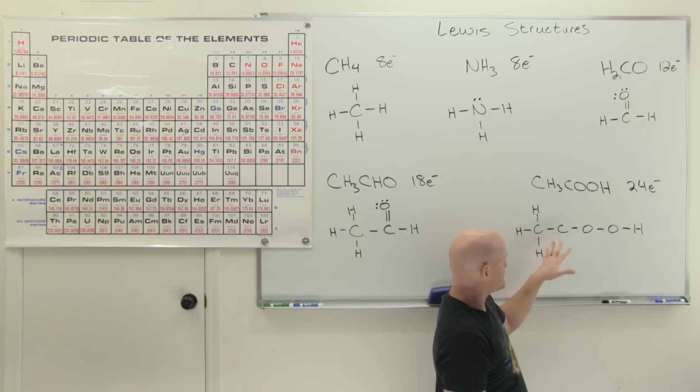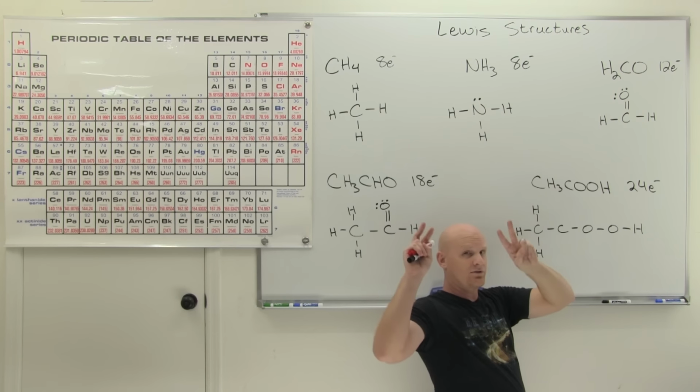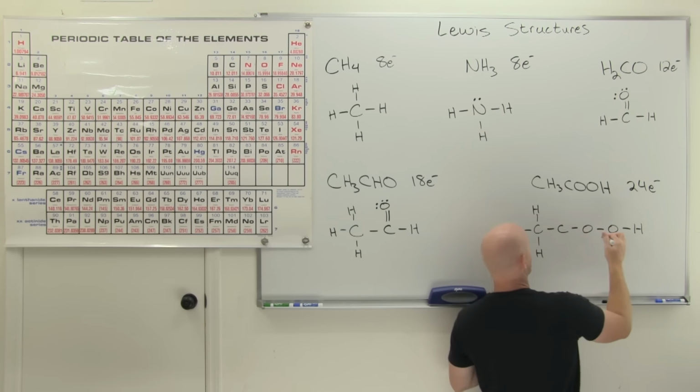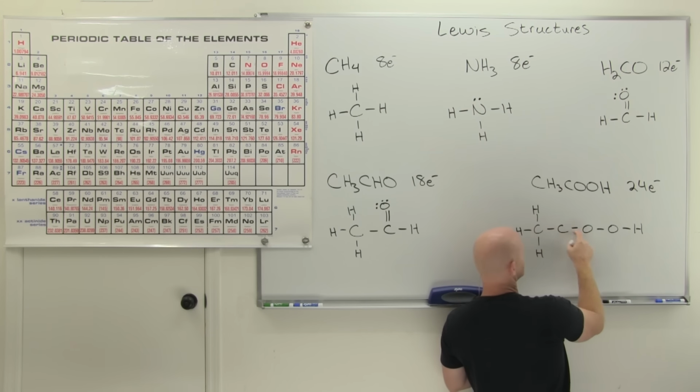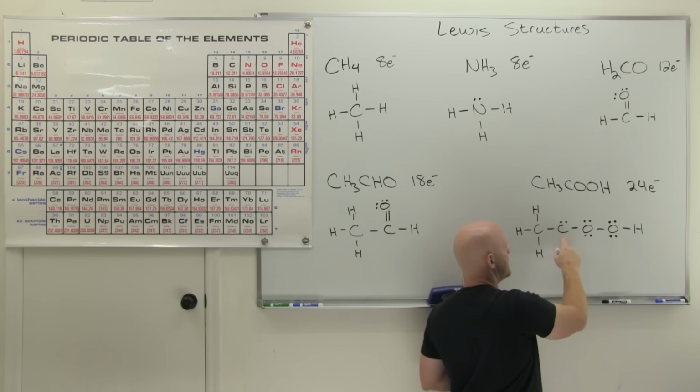So in this case, we got a lot of central atoms here, and we'll fill up what are the outside atoms, which is a little bit nebulous, but in this case, I'm just going to fill up the more electronegative atoms first. We've used 2, 4, 6, 8, 10, 12, 14. We got 10 electrons left, so we've got plenty of electrons. I'll give them to the more electronegative oxygens first, and that leaves me to give 1 pair to the carbon,